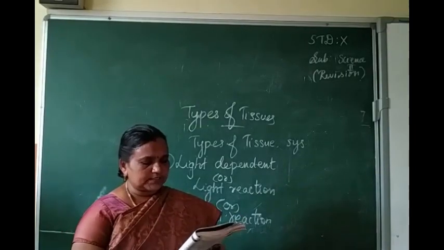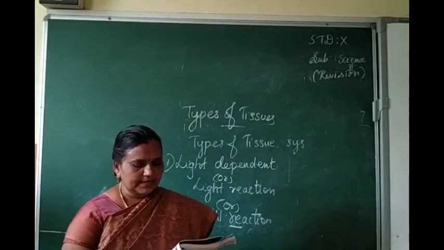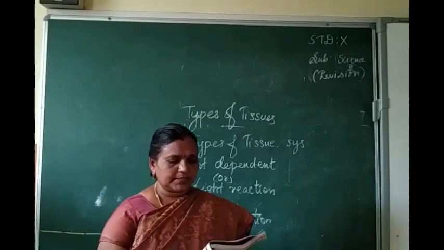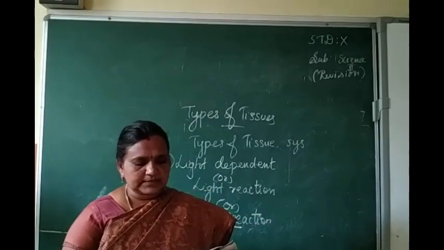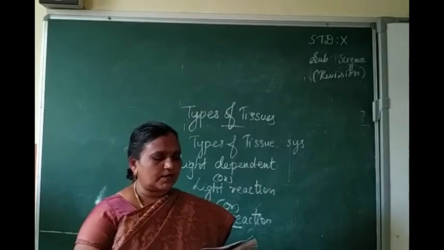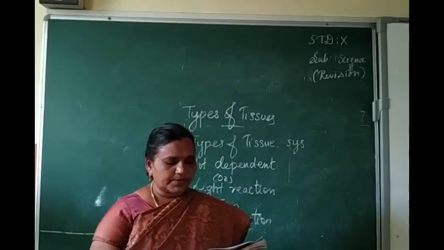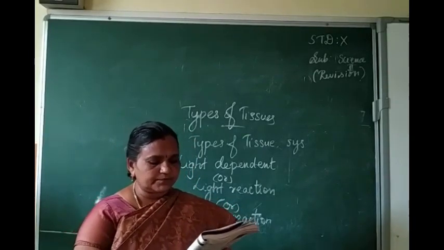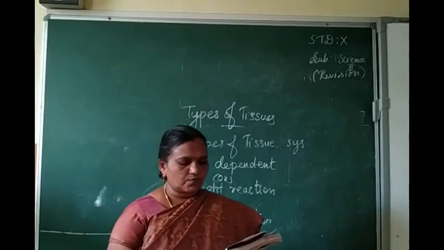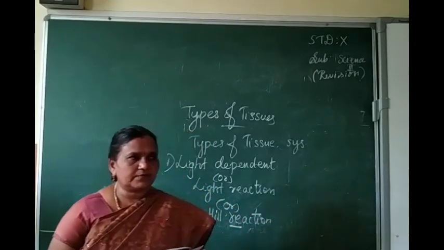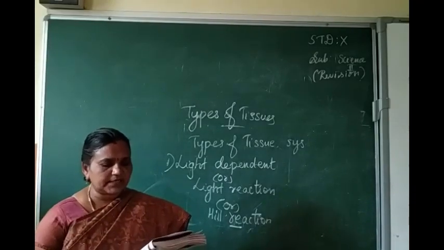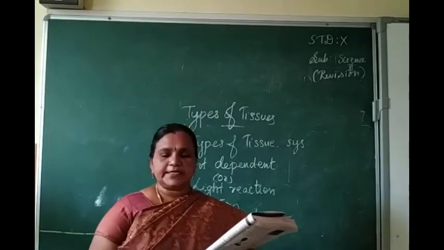Next, one word question. Calvin cycle. The cycle is named Calvin cycle because this chemical pathway for photosynthesis was discovered by Melvin Calvin, the American biochemist, and he won the Nobel Prize in the year 1961 for his discovery. This one also you have to note down for one word. Calvin cycle. Discovery of Calvin cycle is by Melvin Calvin. Because of this discovery, he got the Nobel Prize in 1961.